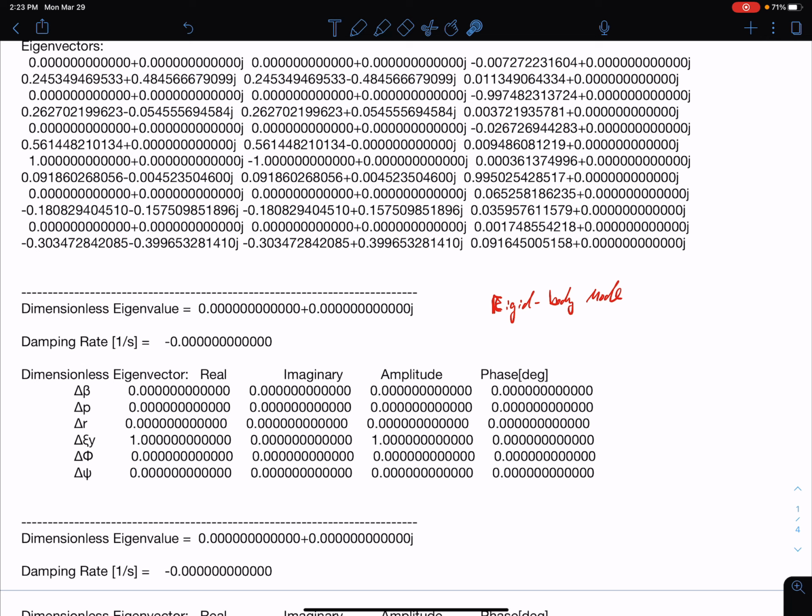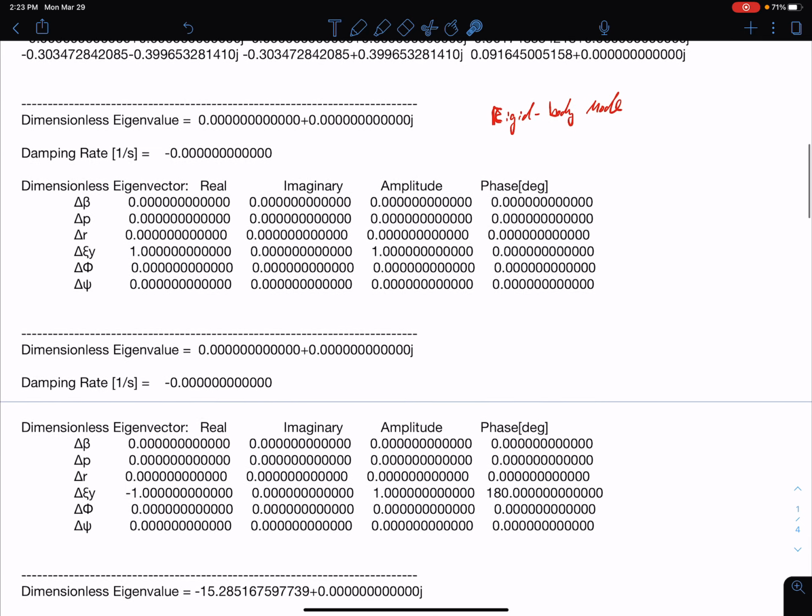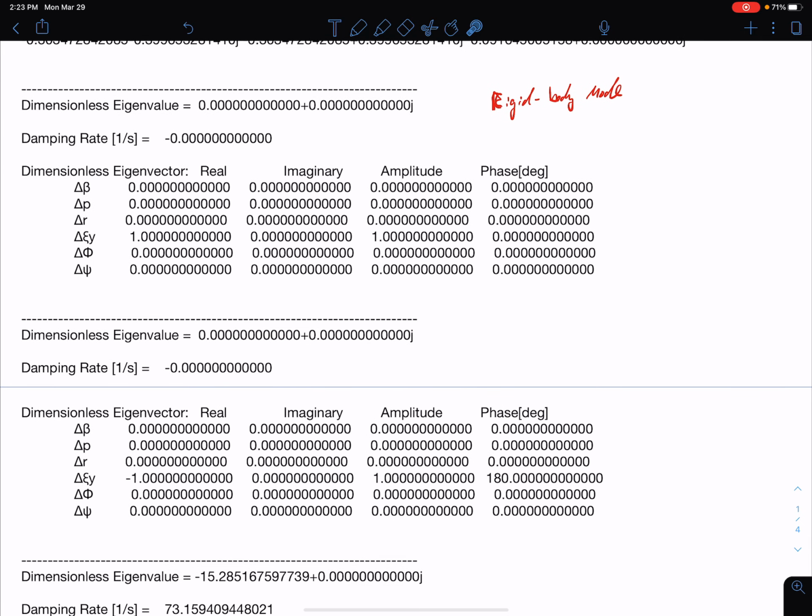But basically it's saying that it doesn't matter where you are located in the y coordinate. This is our y coordinate on the Earth fixed coordinate system. And so, of course, that shouldn't matter, right? Where we are in that y coordinate will not affect our dynamics. So that makes a lot of sense. Now, the second eigenvalue that comes out, also a rigid body mode, gives a -1 right here for that same y coordinate. So I see this every once in a while where it gives me the same rigid body mode out twice, and I'm not exactly sure why this is.